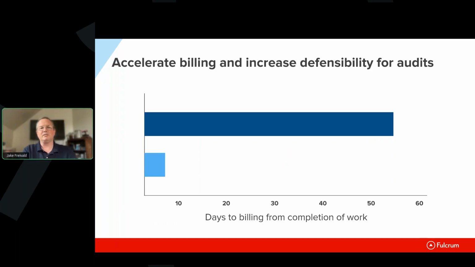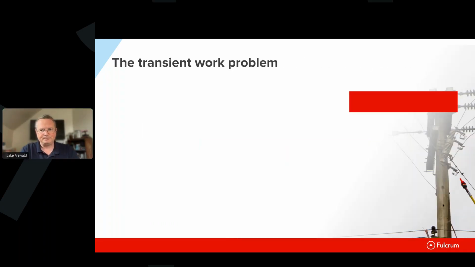So maybe you're able to bill within 5 days or 7 days of getting the work done. You're batching it up in weekly batches, let's say, of stuff that you've done. You could bill at that rate. And then 3 months later, when they come back to you and say, oh yeah, that bill that you gave me in April, where's the work that went along with that? You'll be able to just draw that information out of the system from the same place that you sent it to billing, and it won't be an extra major step. It'll be essentially the same step that you went through to do the billing job.